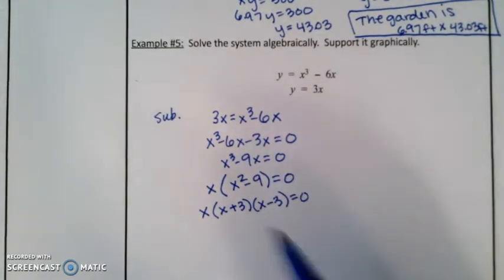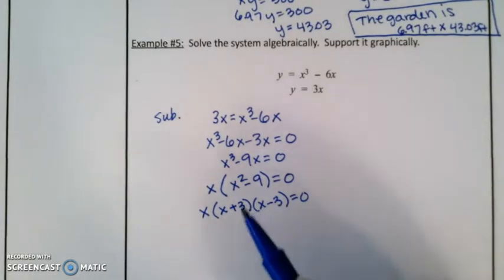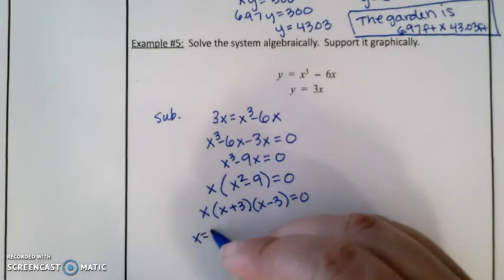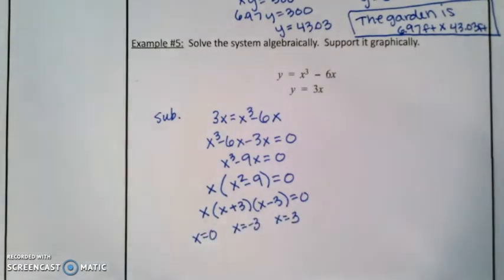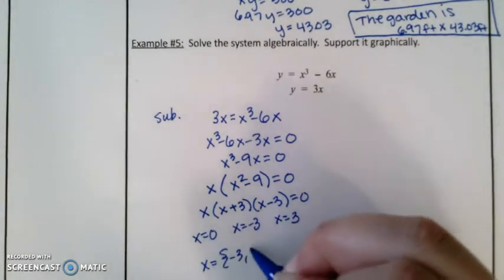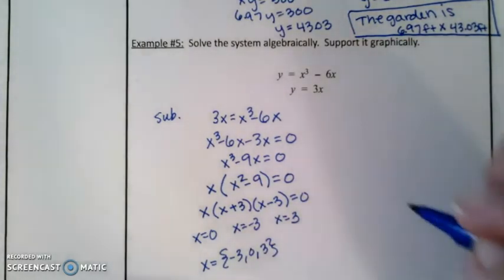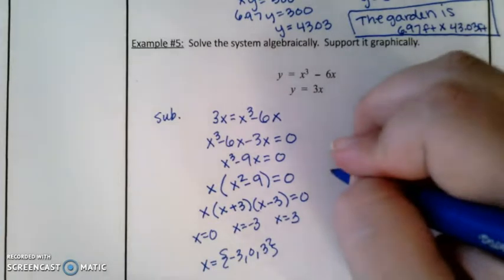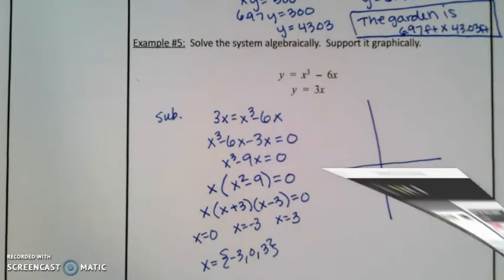Now using the zero product property, I know that at least one of those factors has to equal 0. So x is 0, x is negative 3, or x is 3. Okay, I end up with the set of negative 3, 0, and 3 in ascending order. To check this graphically, I would graph these two lines. So if I pull up my calculator,